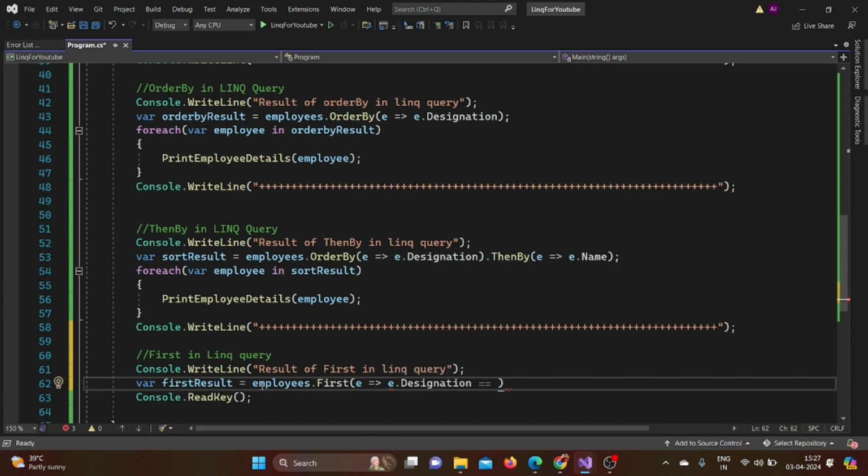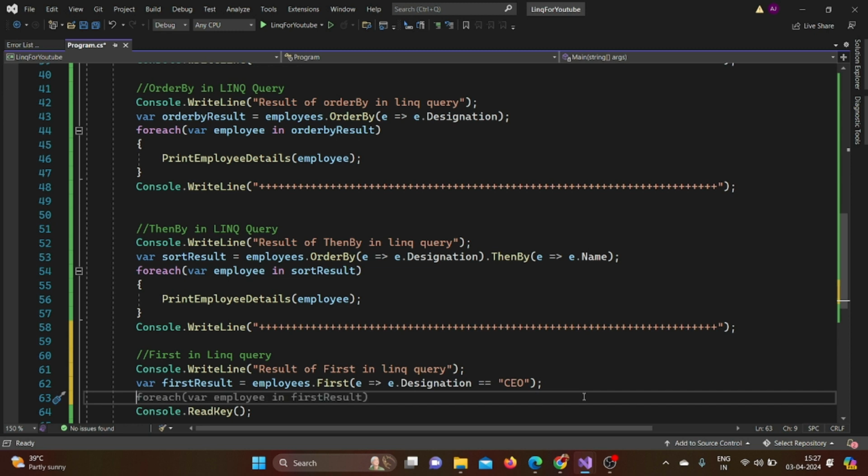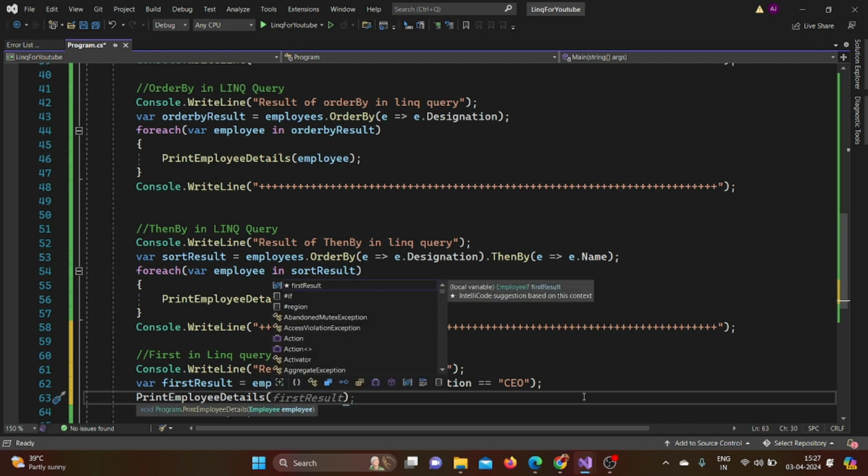So whoever's designation is CEO, it should return the value of that. It should return the first record whose designation is CEO. So let's see what our data will return. We'll call our print employee details, and we'll pass our first result,